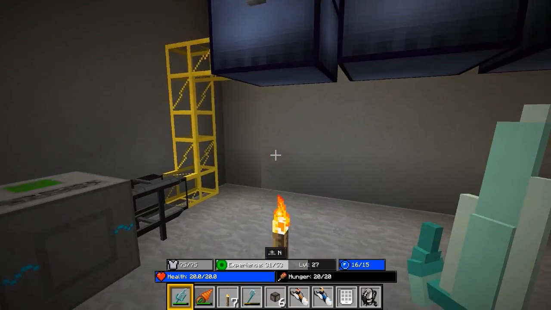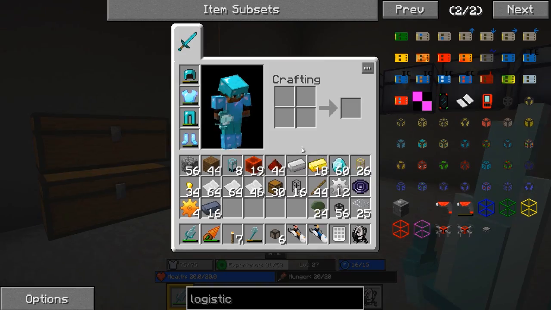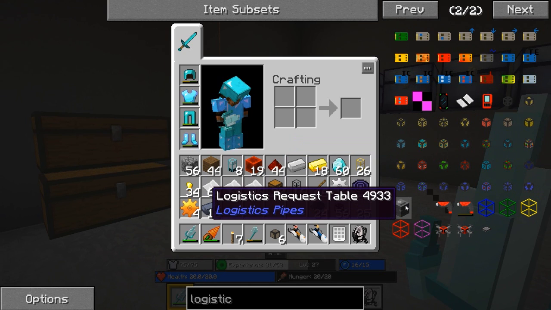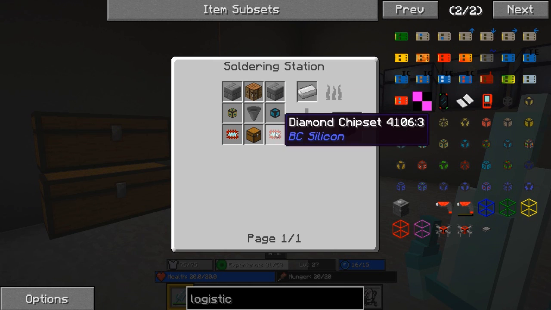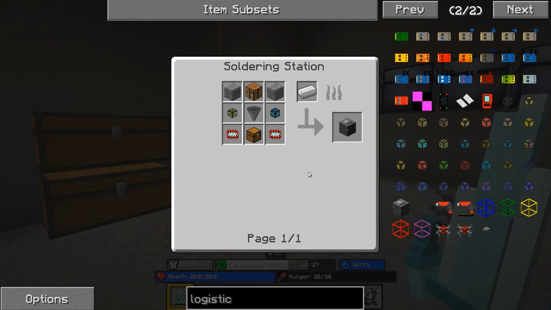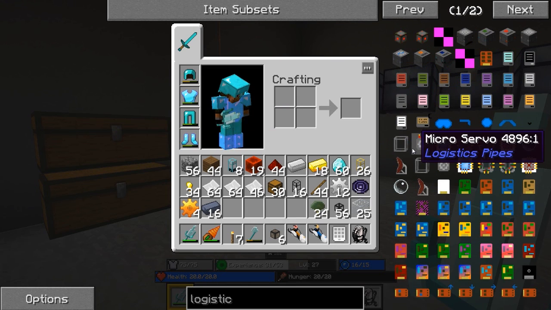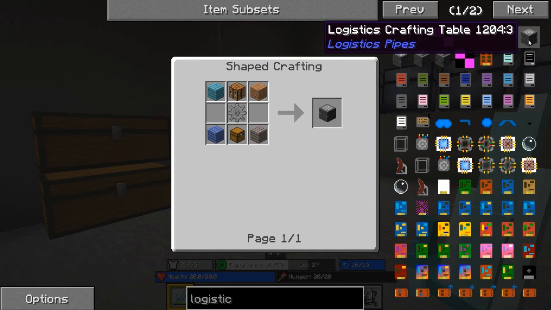So with that being said, how do we access the said network? All right, well, let's craft up something real quick. Let's get ourselves a logistics request table. This guy is the definition of pure awesomeness. Unfortunately, it looks like we are going to have to make ourselves some diamond chipsets for this. But we can also just kind of cut away from that for the time being, and we can just use something like